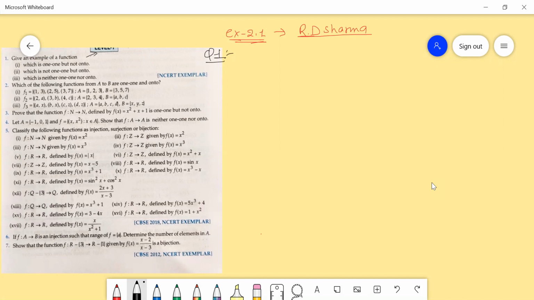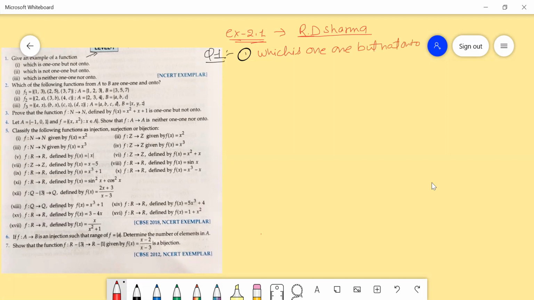First is a function which is 1-1 but not onto.